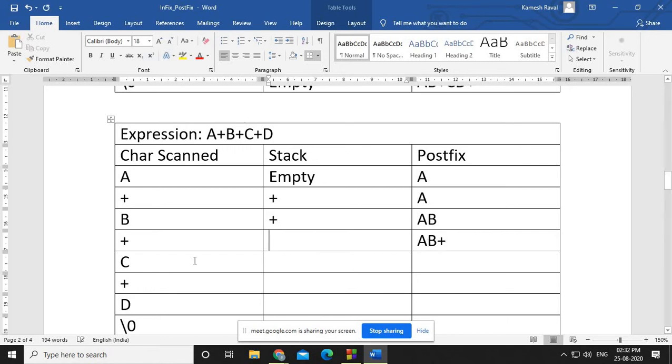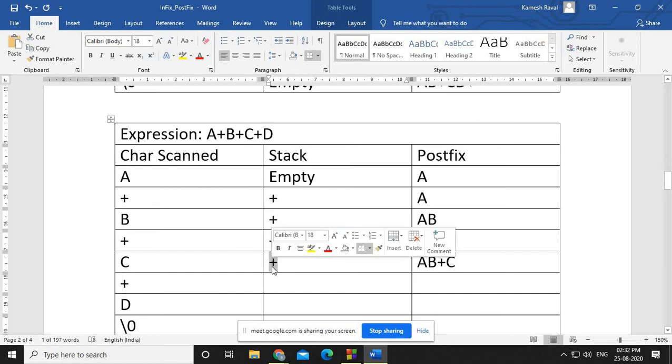Now the stack is empty, and in that empty stack this plus will be pushed, right? Now again what you have is C. C is an operand. So in the stack there is no change, and here AB plus C is there. Now another plus, the stack already has one plus, right? Plus plus, same priority. If the same priority is there, this plus you need to insert into the postfix.